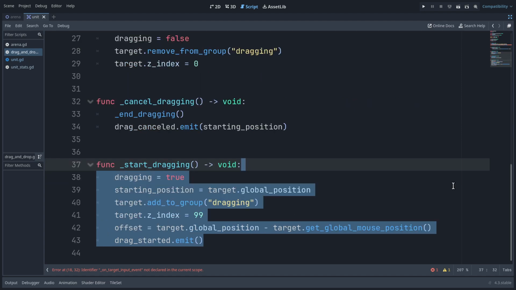Then we have sort of the heart of the whole thing, the start dragging method. So how do we start dragging? First of all, we'll set the dragging flag to true, indicating that we started a dragging process. Then we store the starting position of the target, which is the global position when the dragging started. Then I used groups to keep track of whether we're dragging something or not. So what we do is we call target.addToGroup and we add it to the dragging group and set the target